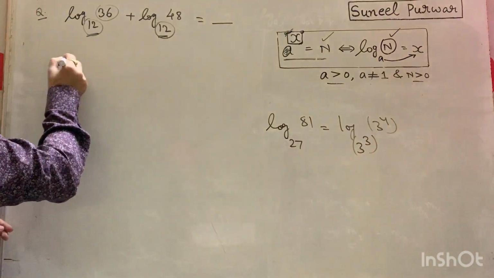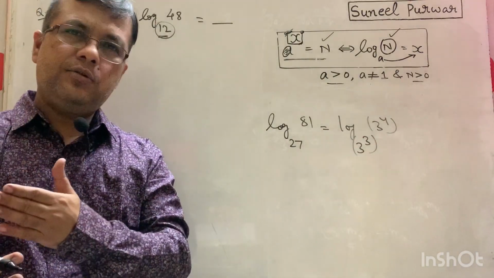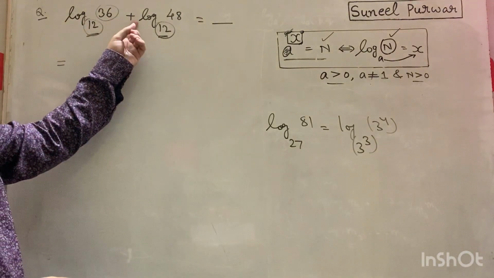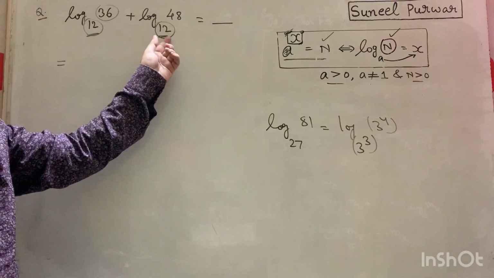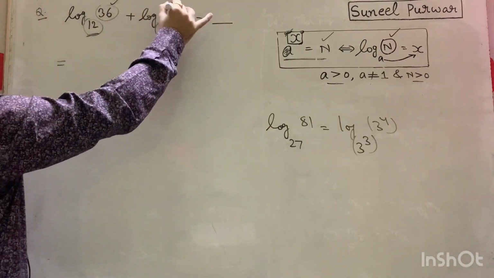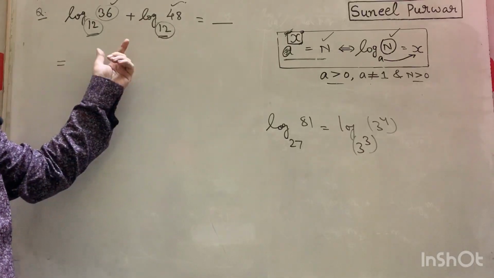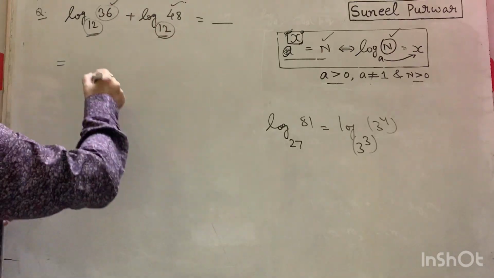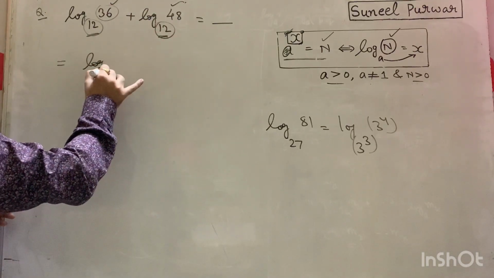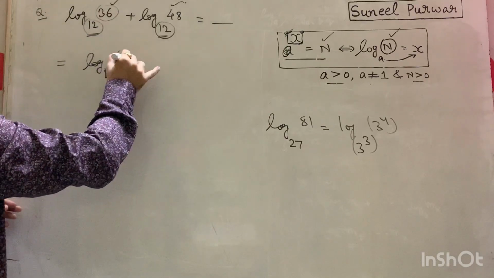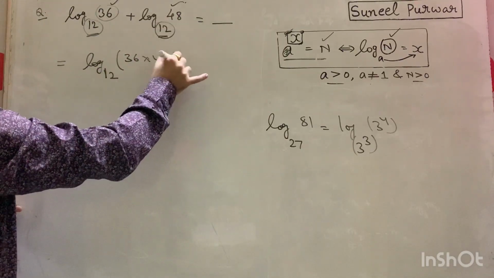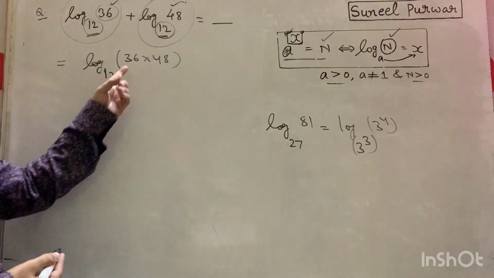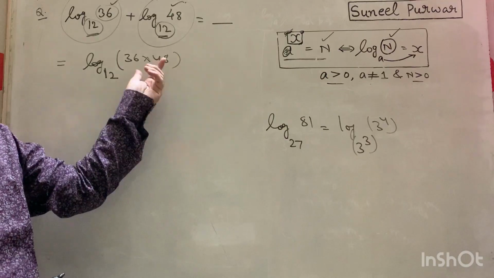Use that property. And why use that? Why say that lengthy property? I have told you the trick. What is that trick? Whenever you are adding logarithms with the same base, the numbers will get multiplied. Logarithm preceded with a plus sign, its number will go in the numerator. So that is log at base 12 of 36 into 48. This logarithm is preceded by a plus sign, and this logarithm is also preceded by a plus sign. So 36 and 48 both go into the numerator.